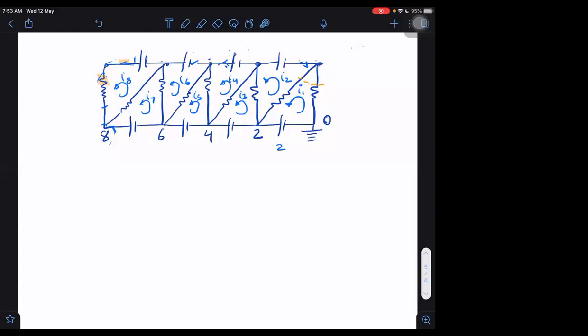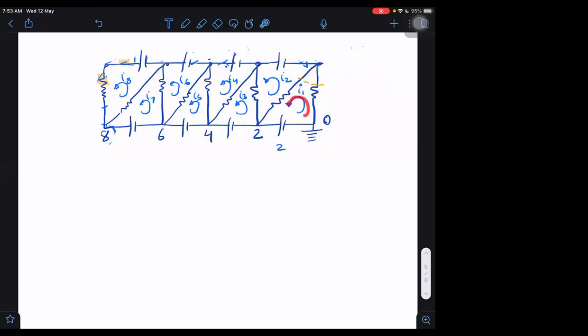In our first loop, I assumed current I1. But notice the middle branch has a conflict. In the middle branch, I am assuming I1 current and I2 also. Actually, in the middle branch I am assuming the current to be neither I1 nor I2 alone, but on this side I am assuming I1 minus I2, or on this side I2 minus I1, that is, minus I1 minus I2. So there is no conflict. We can do it, right? Now let us write the equation.